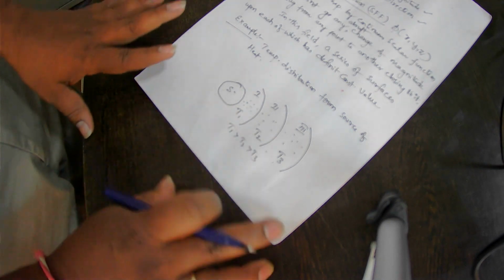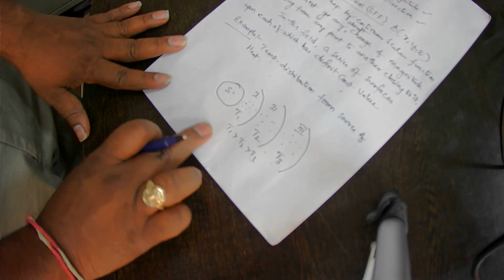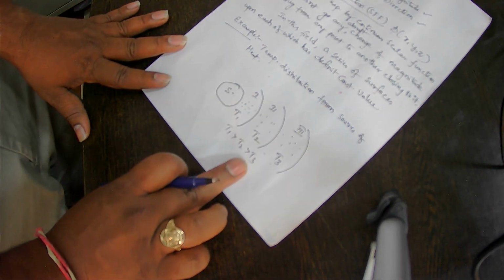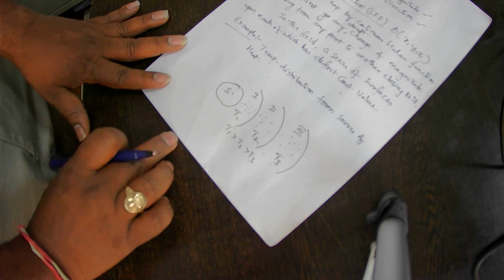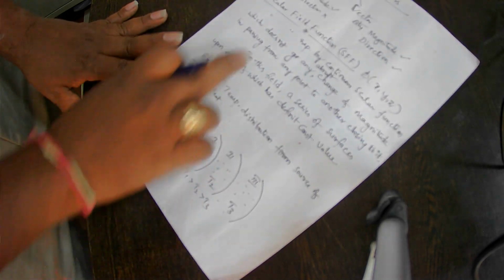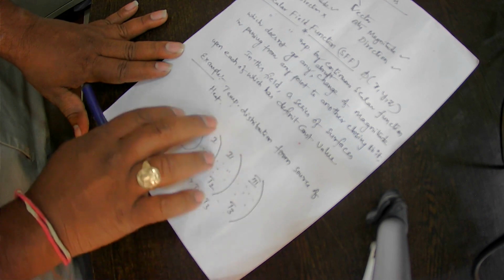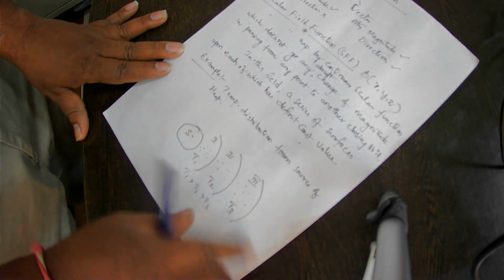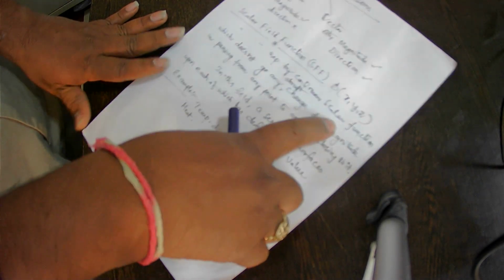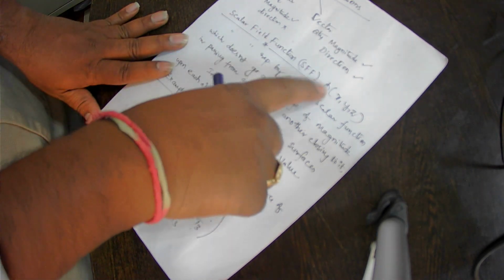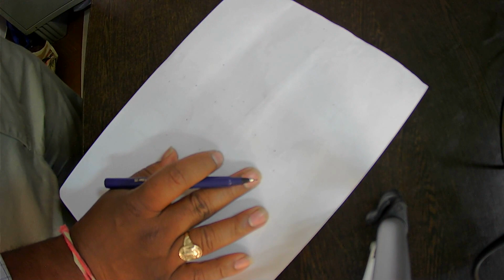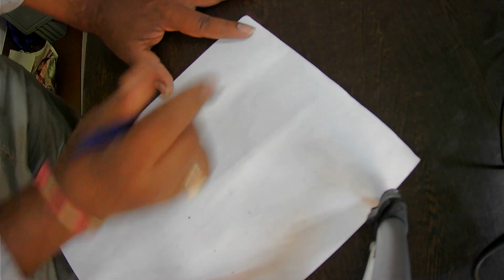So like this there is a distribution of temperature taking place in the case of scalar field function. So an example of the scalar field function is the temperature distribution from the source of heat. Okay. So you can represent this scalar field function as phi of xyz. Phi of xyz. Okay. Then the other one is